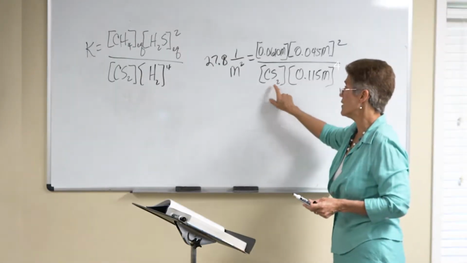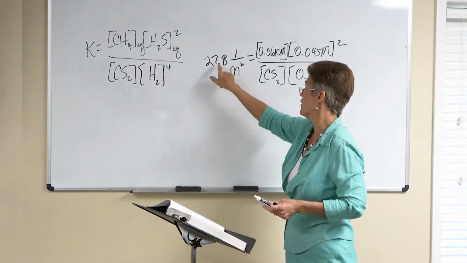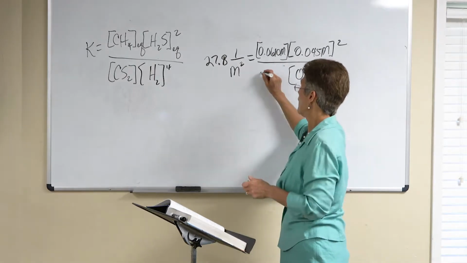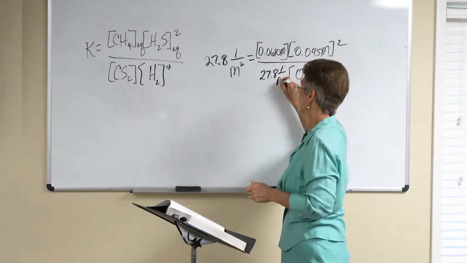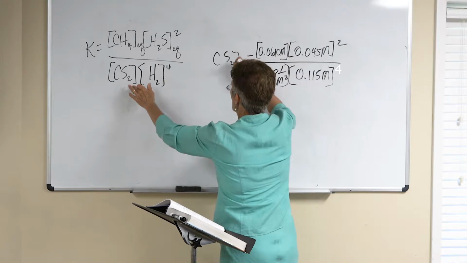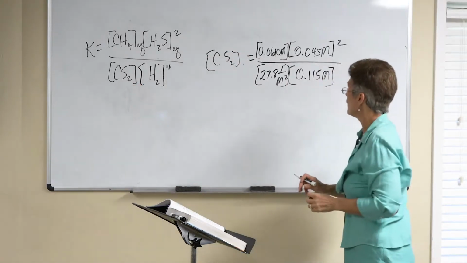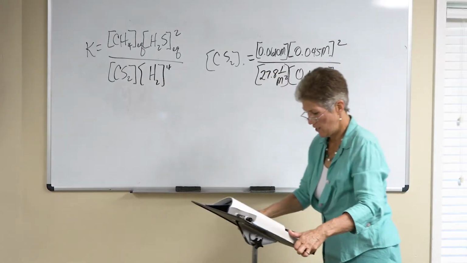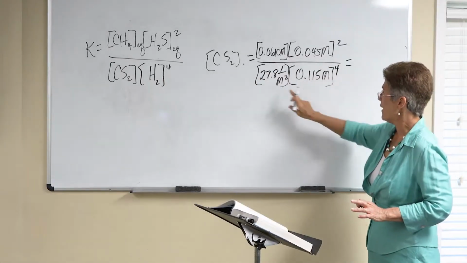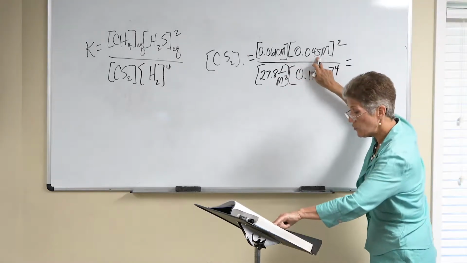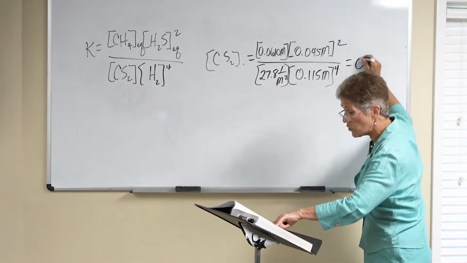So what I'm going to do is multiply both sides by CS2 squared and divide both sides by this. So I'm going to go ahead and bring this over here. And I multiplied both sides by the CS2 concentration. Okay, there we go. And so now we just do the math. We have 3 significant figures in each of these places, so we have 3, 3, 3, but we have 2 significant figures here. So go ahead and do your multiplication and division. You're going to be left with